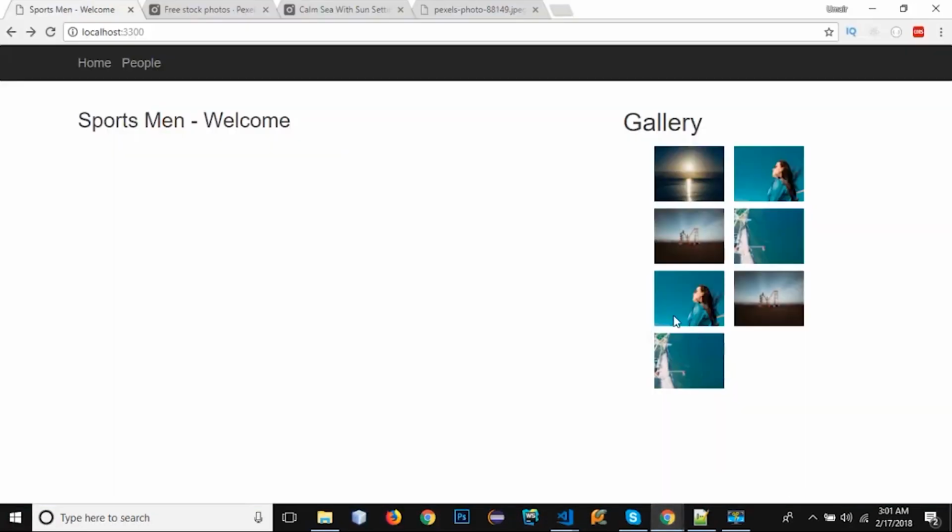Let's go to our browser, and you can see all the images are being shown on the right side of this page because we have used Bootstrap, and Bootstrap has contained this content on the left side and the gallery on the right side. So we are done with understanding how to use loops and how to use conditional statements